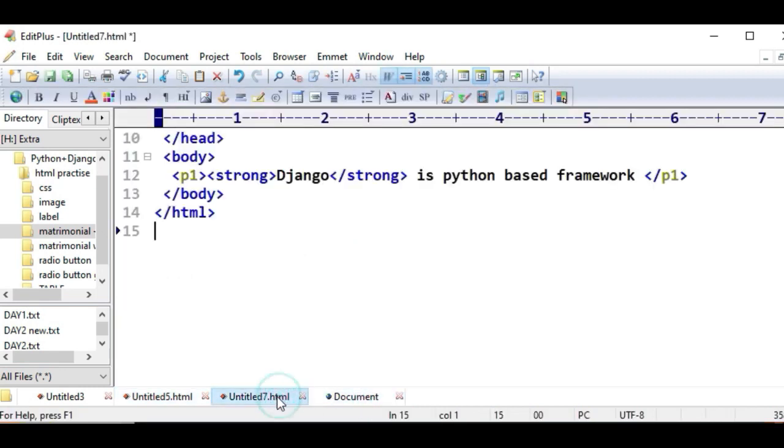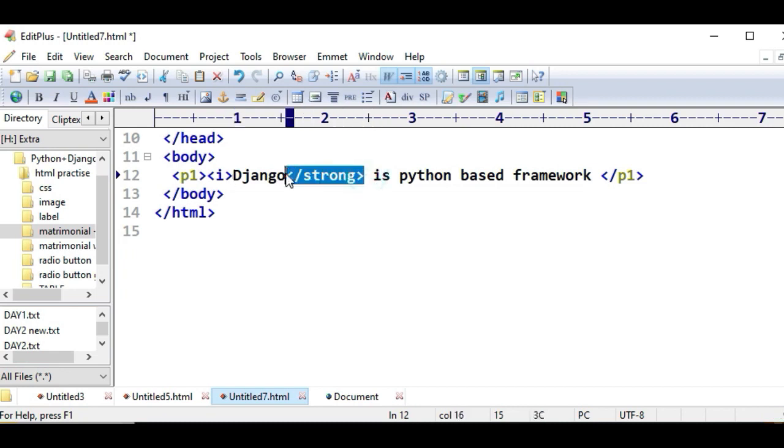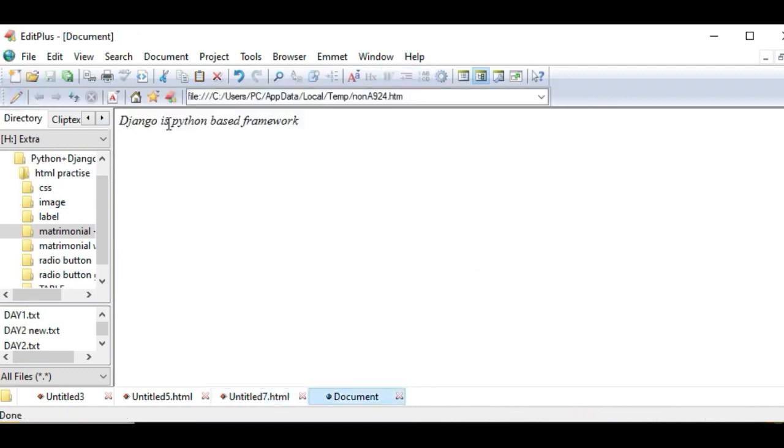So we are going to see here, for example, I want the full line in italic. I need to write: Django is a Python based framework.